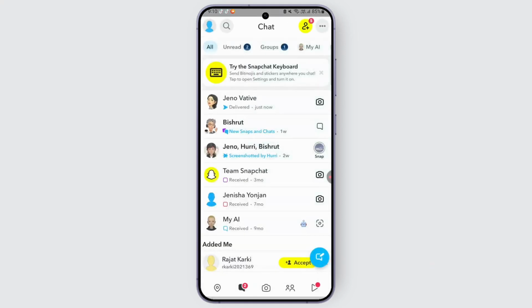Apart from that, what we can do is we can look out for mutuals. So if you have a mutual friend, you can ask them to search for the person's username. And if that person is visible to their account but not yours, they may have just blocked you. But if it's not showing on both of your accounts, then the person has likely deactivated or deleted their